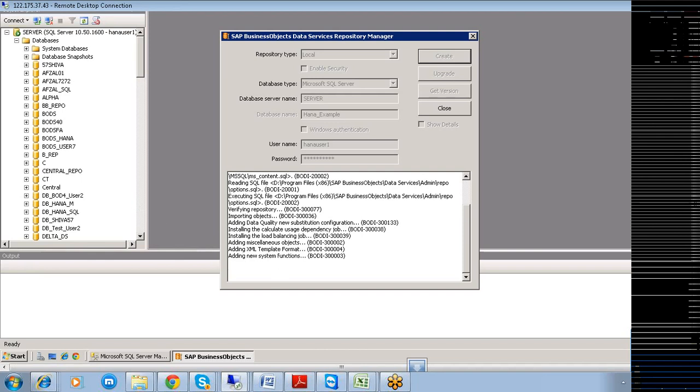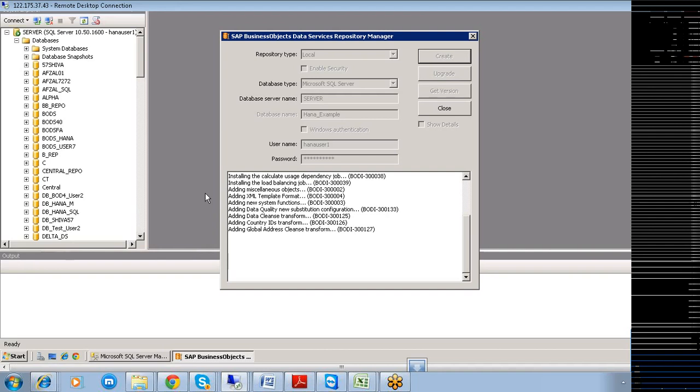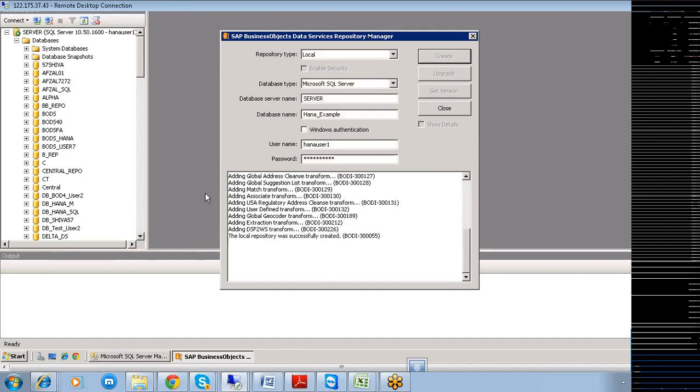The repository is getting created in this particular database. You need to get a message saying that the repository is successfully created. So you have seen, right, the local repository is successfully created.